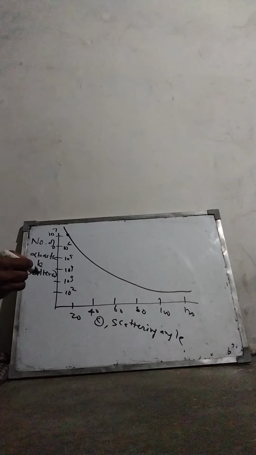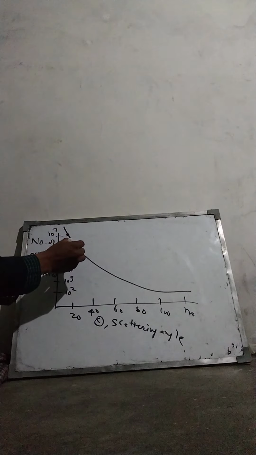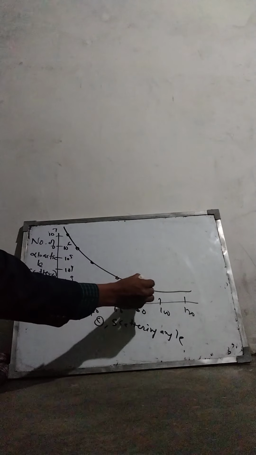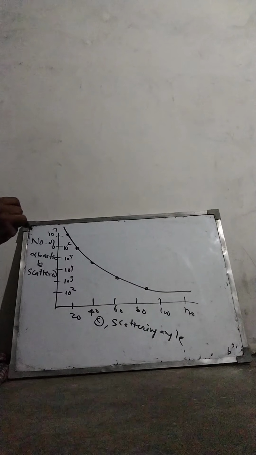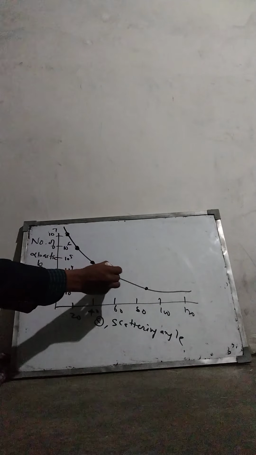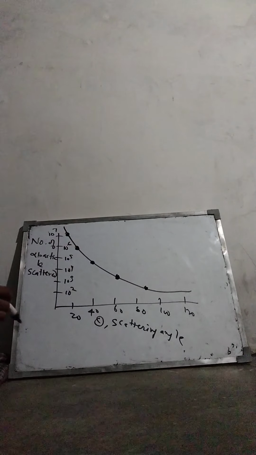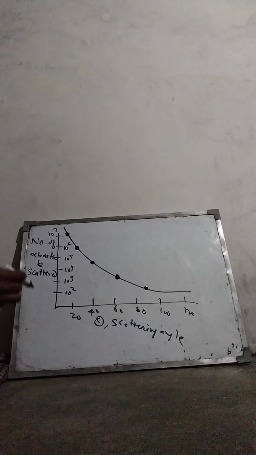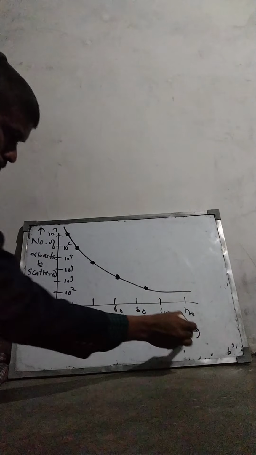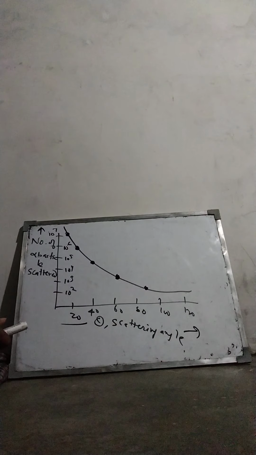So these are the actual observable points, and the solid curves represent the prediction. Here it is the number of alpha particles scattered, and here it is the scattering angle. So from this, Rutherford concluded